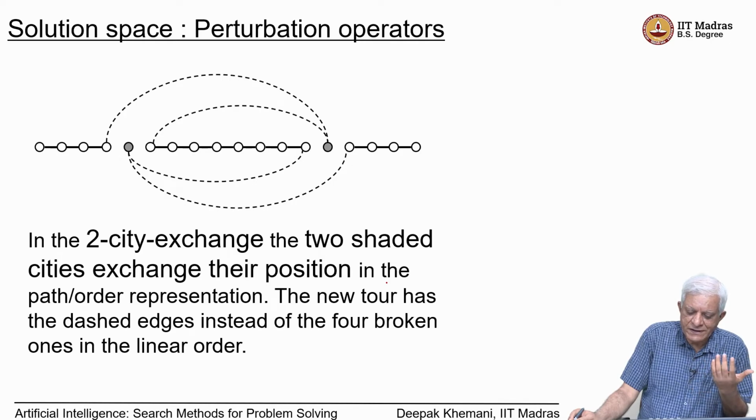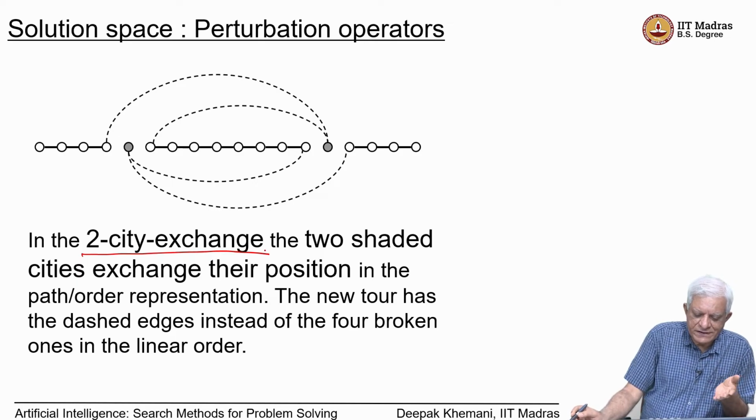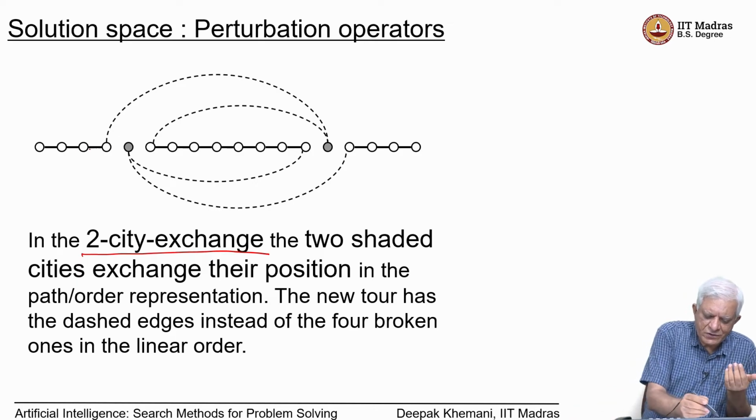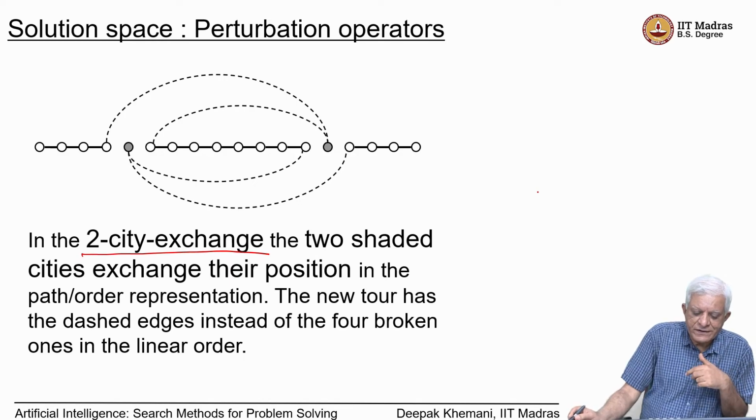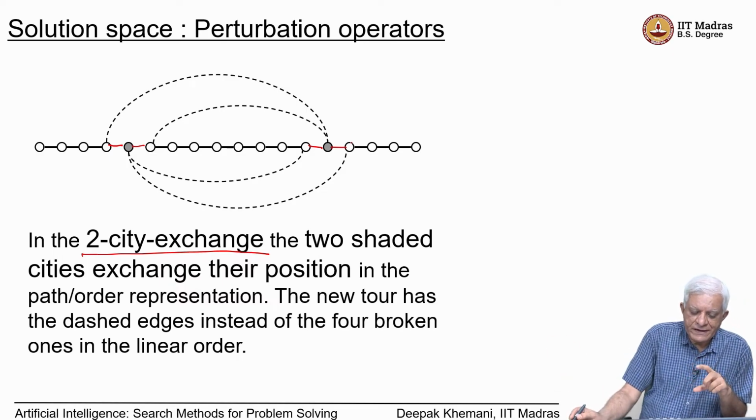Now, let us see, if you are working in the solution space where you are given some tour, how can you perturb that to produce new tours. One of the simplest operators is called the two city exchange, where the two shaded cities that we have seen. Assuming that the original tour was going from left to right, there are some edges which I have not drawn. They would have been here and here and here and here. But if we exchange these two shaded cities, then